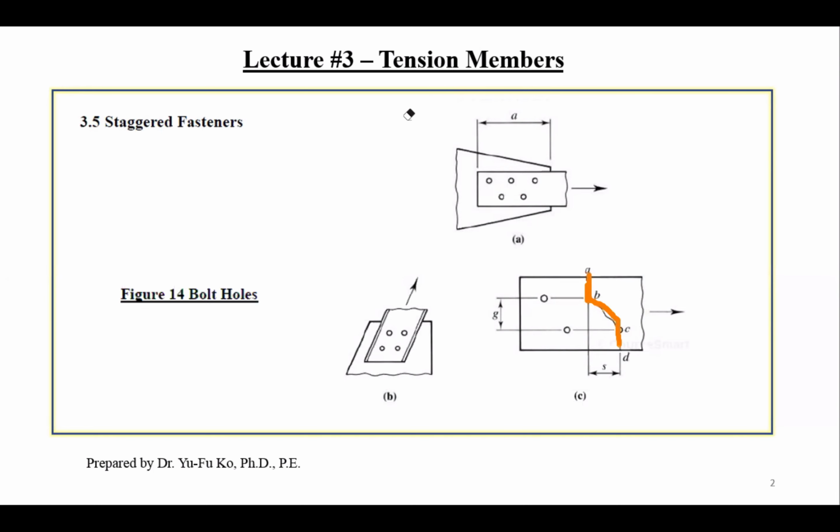On this face, you will see tension but also shear on these cross sections. So it's a very complicated situation between B to C for the stresses. AB and CD are still under tension because this is perpendicular to the loading. But between B and C, the cross section is inclined to the loading, so you actually have a tension and shear combination. So it creates a lot of problems to do analysis and